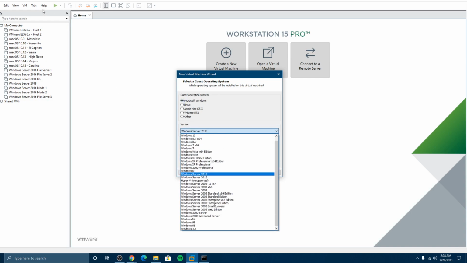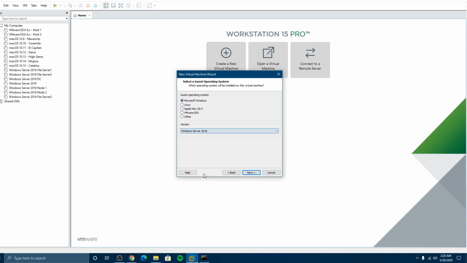We want to choose Windows. Now again, the version of VMware Workstation I'm using doesn't have 2019 listed, but really 2019 is just an updated version of 2016. There's a few differences, but for the most part, we could just use 2016 and choose next. This is where we want to label it